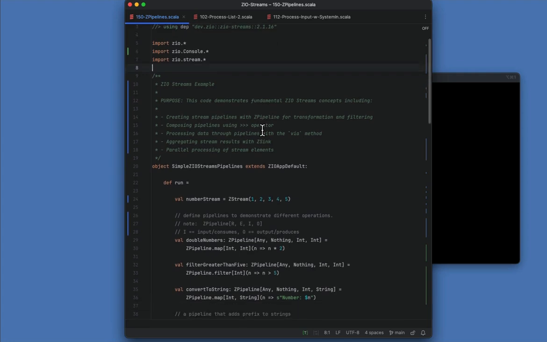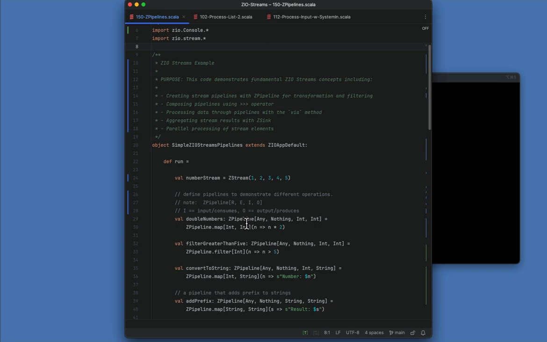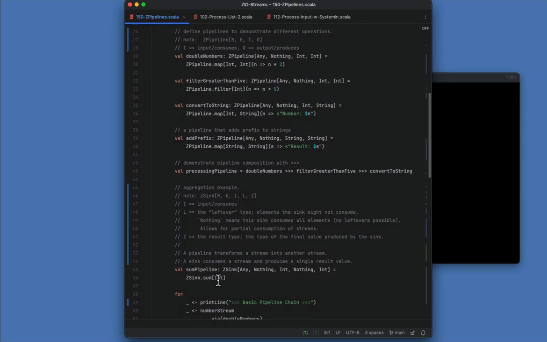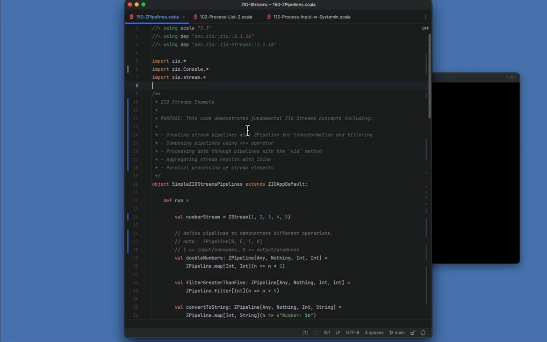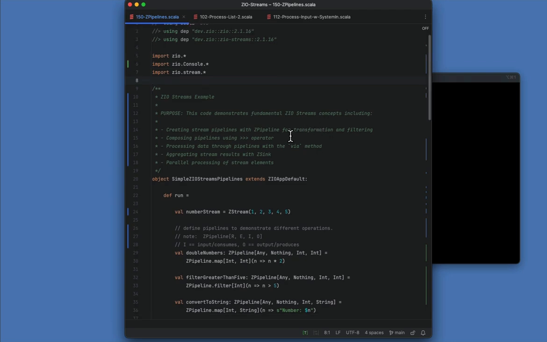In this lesson, I'd like to start getting you working with the ZPipeline values, and we're also going to work with a ZSink value here. So I'll show those in just a few moments. As a note here, the purpose of this code is to demonstrate the following ZIO Streams concepts, including creating